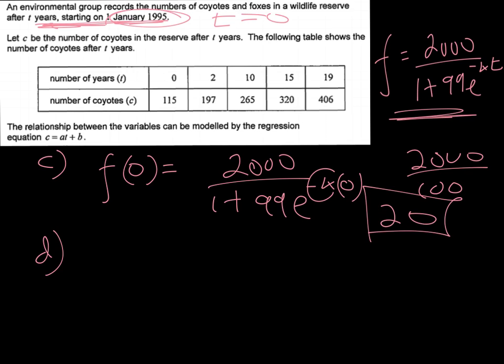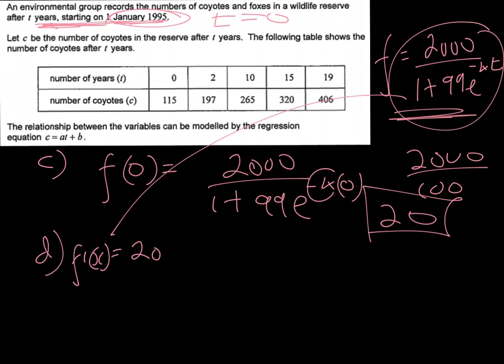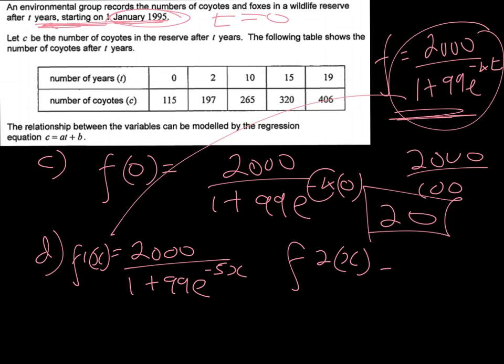So the simplest thing to do then here is, if we take this function here and we graph it, so let's say f1 of x on our TI-Nspire is equal to 2,000 over 1 plus 99 e to the power negative 5x, and then we're going to graph f2 of x is equal to 64,